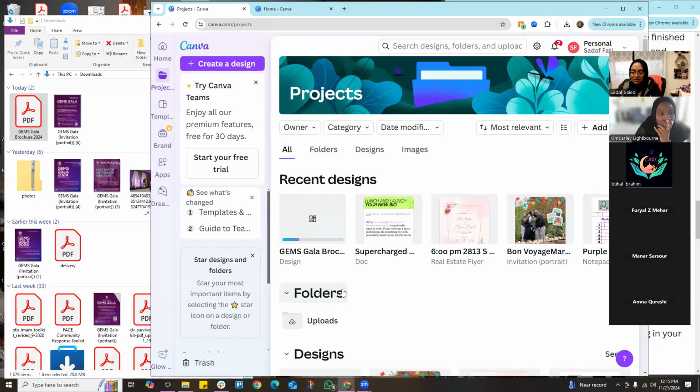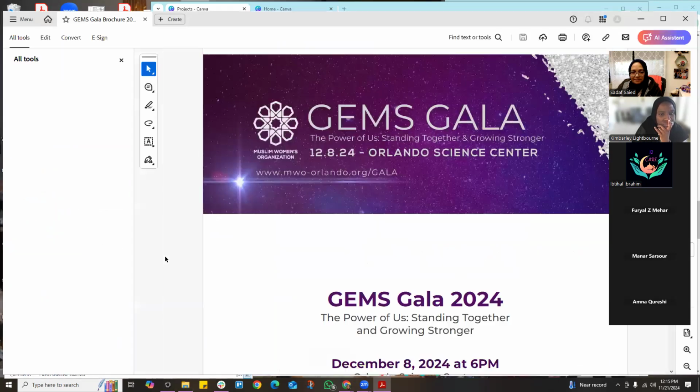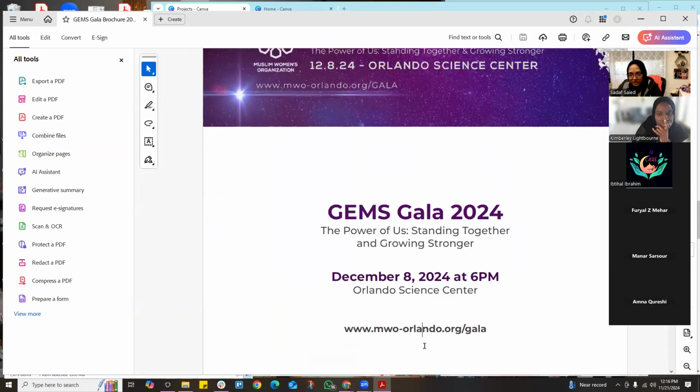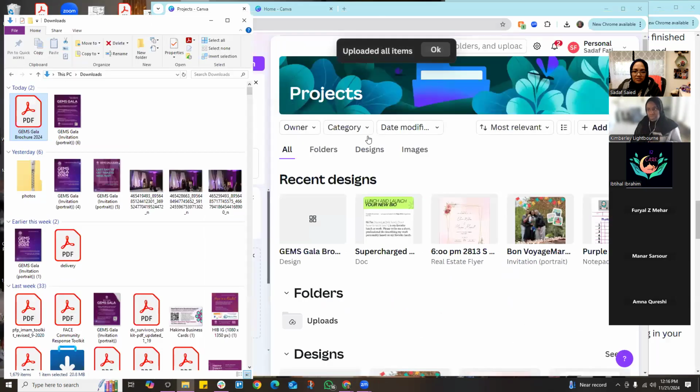I was blown away. Because when you open a PDF just on Adobe, you can't edit anything, right? If it's here, it's here. You can highlight, you can kind of select it, but you can't move it. You can't change it. It's there. But if you take that same PDF and you open it on Canva,